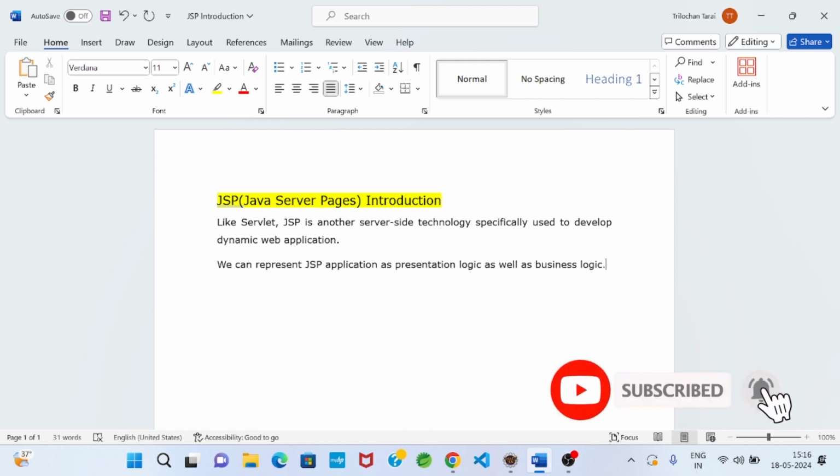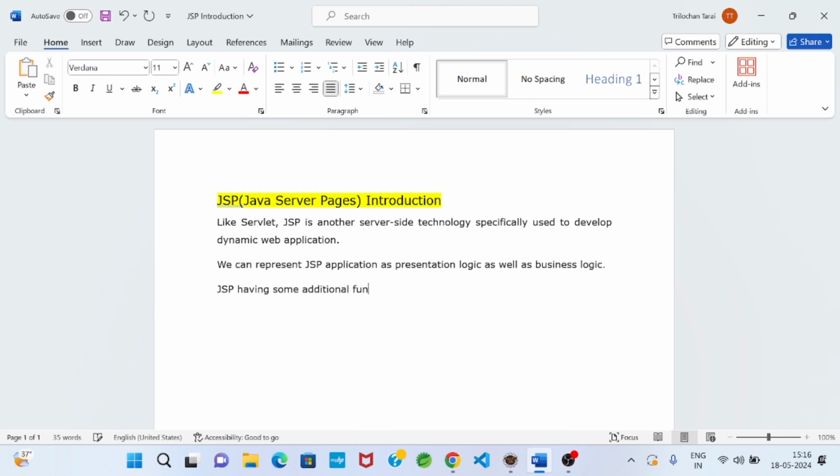We will see some points. One is expression language. I can write JSP taking some additional functionalities like expression language, JSTL, JSP standard tag library, etc. We will discuss when that time comes.